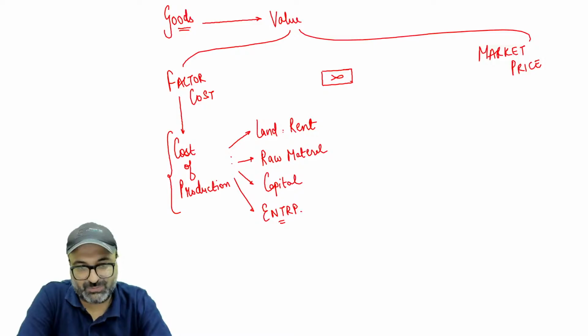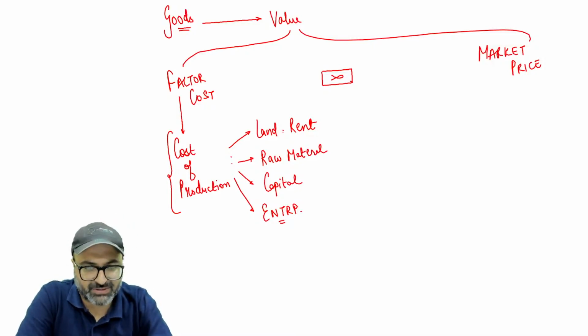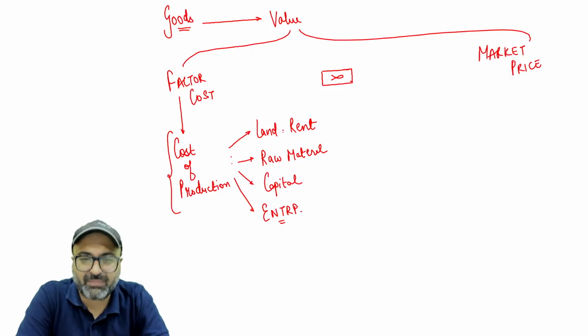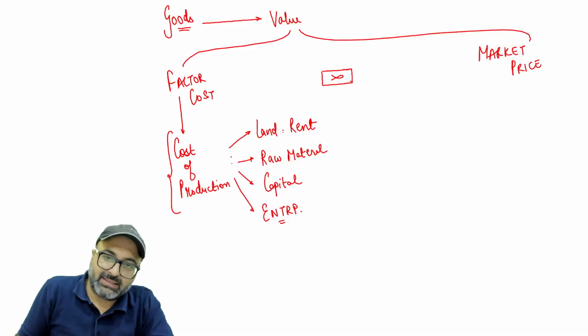It is also the part of cost of production. Got it, guys? It is also the part of cost of production. So profit, which means it is the bare minimum profit below which the producer is not ready to produce, or I would say the seller is not ready to sell. That is the part. This total value is known as factor cost.